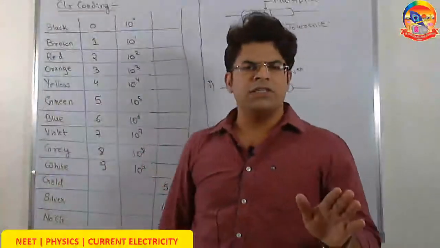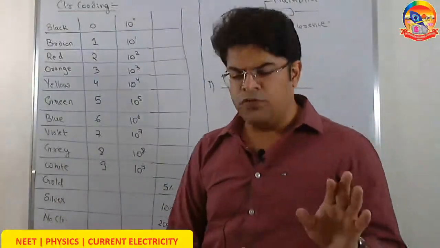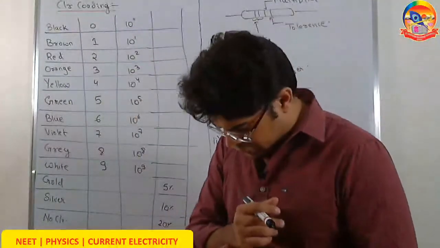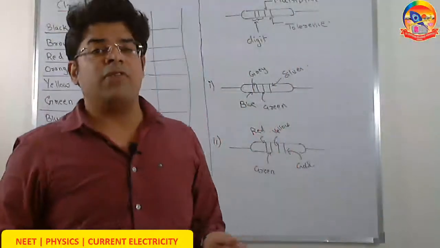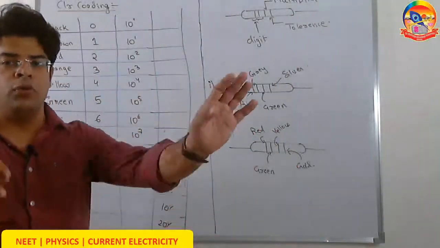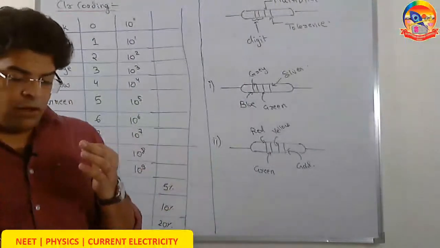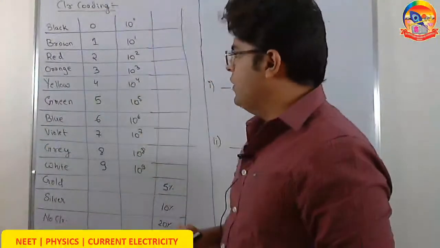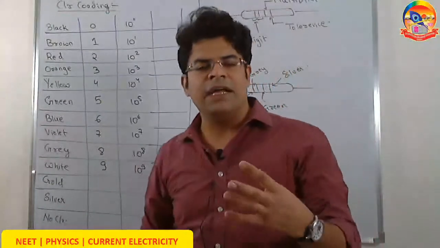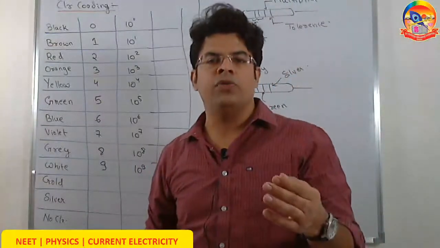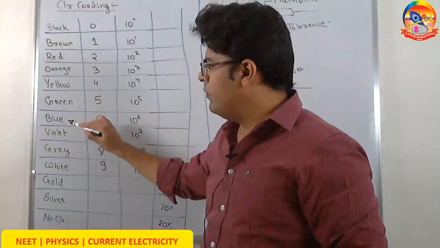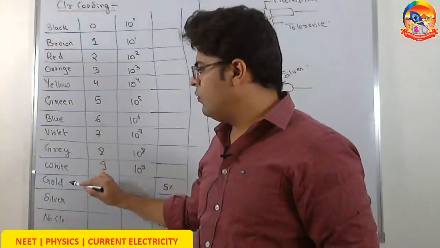So let's discuss a very simple topic, which is the new found law of CBSE, that is color coding of resistor. The article is simple, it will be completed in 1 minute or so, but the point is that it only lies if you are able to make this chart. In color coding, we have assigned numerical values to each color. Black, brown, red, orange, yellow, green, blue, violet, grey, white, gold, silver, no color.